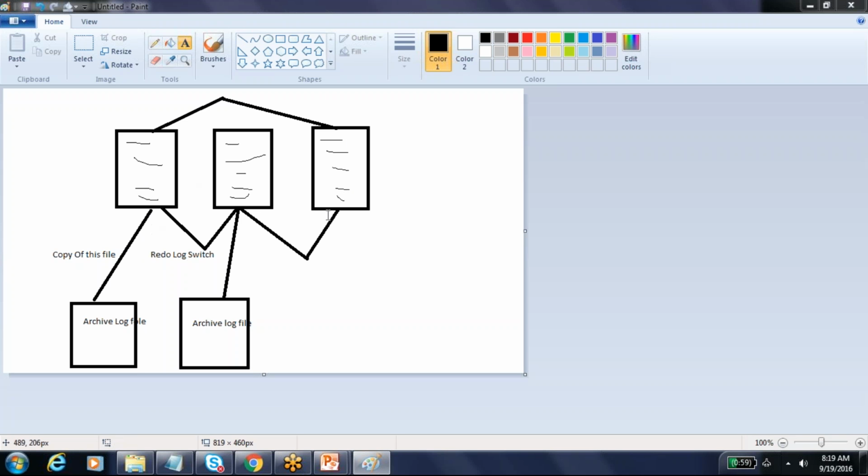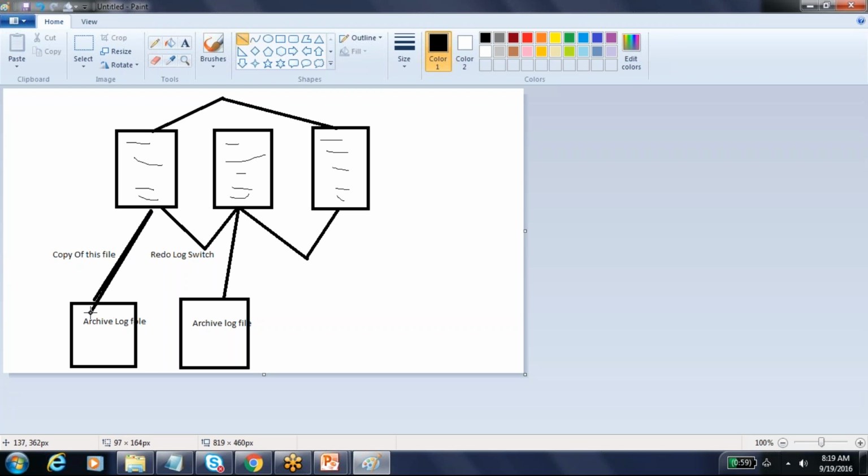So you can have 3 redo log files, 4, but 2 is mandatory. I'm saying mandatory because if one is full, where to copy and where to overwrite would not be possible, right? So there should be at least two files, with the switch happening among these two files. The more files, sometimes it is good, because the problem comes if you assume the copying is very slow.